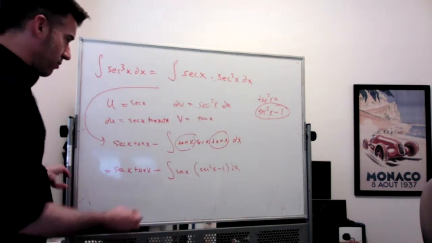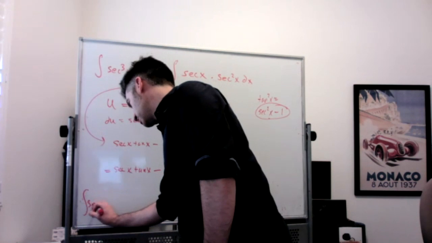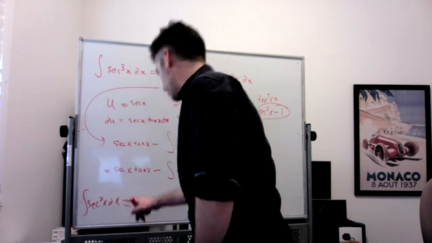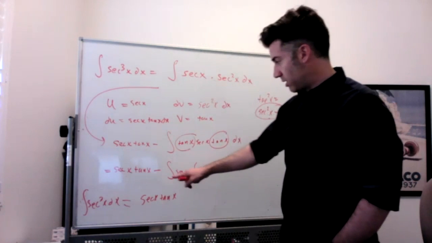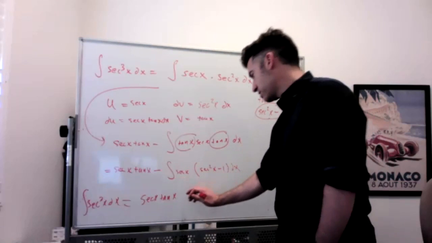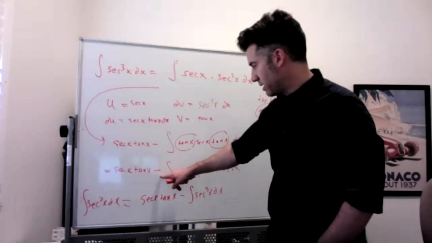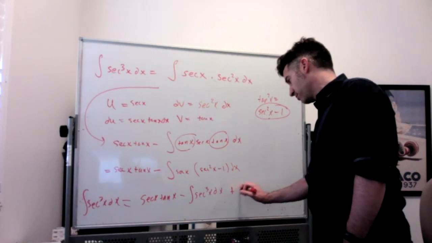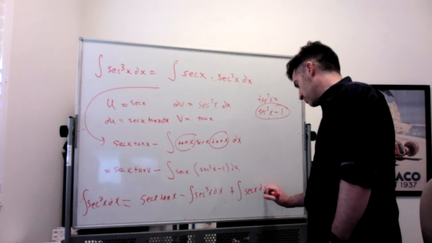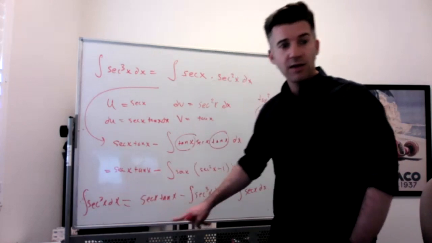And now comes the part where we're going to break this apart. And actually, let me write this. I'm going to write the integral of secant cubed x is equal to secant x tangent x. Now check this out. I'm going to get minus the integral of secant cubed x. And then I also have a minus the integral of secant x times minus 1, which will be plus the integral of secant x. Okay, but now look, this is just that again. So add that over there, and then you're going to get that